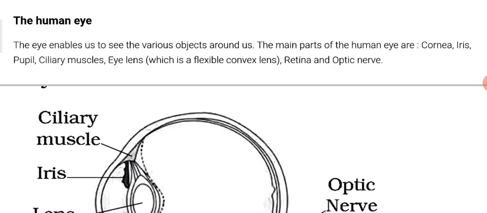So, today we are going to discuss the topic of class 8, and this is a very good topic of class 8. This topic we have taken from the chapter that is light, and the topic is the human eye, as you all can see. So, let us start without wasting any time.